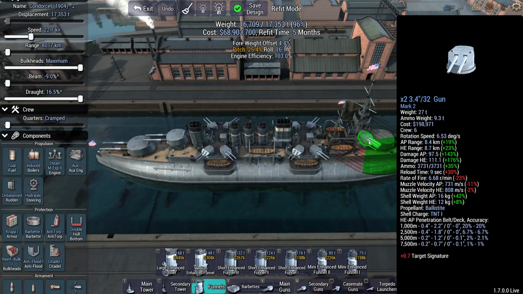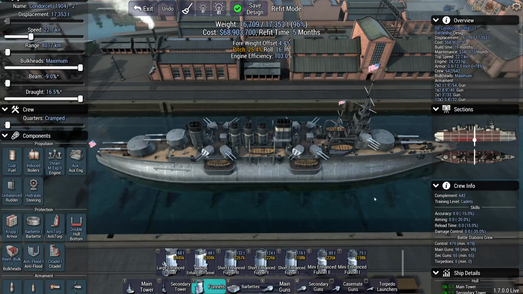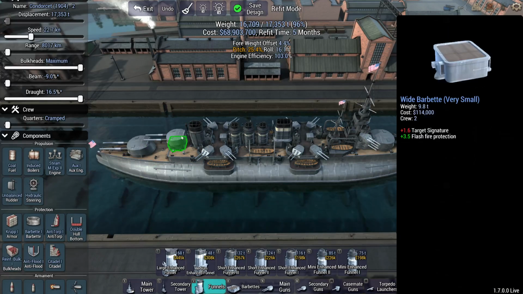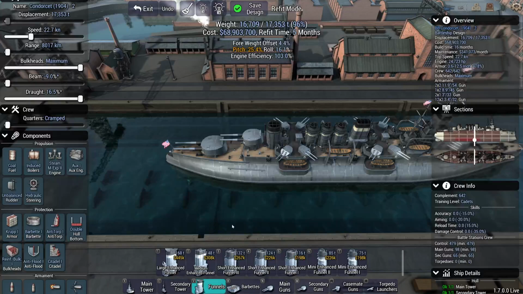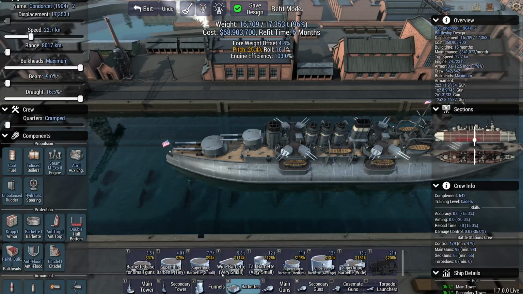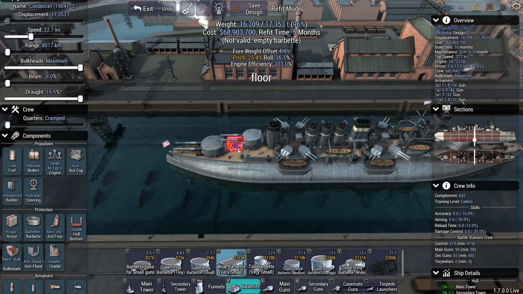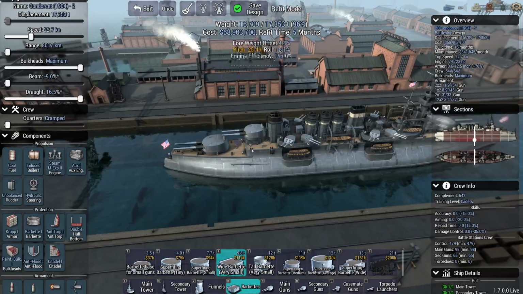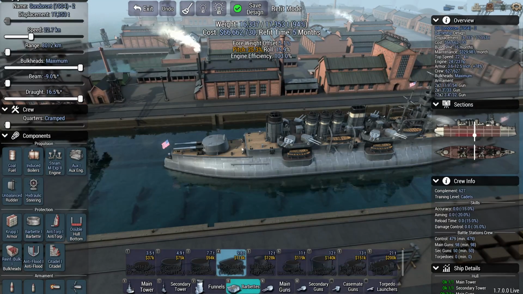So now let's talk about weight saving, okay? We've got our two main guns, and we got this big secondary gun. And we might even be able to squeeze in a turret down there. But to do that, we'll probably have to...